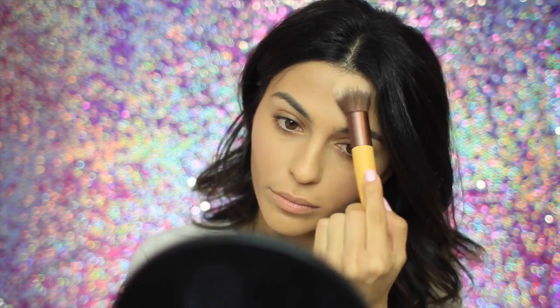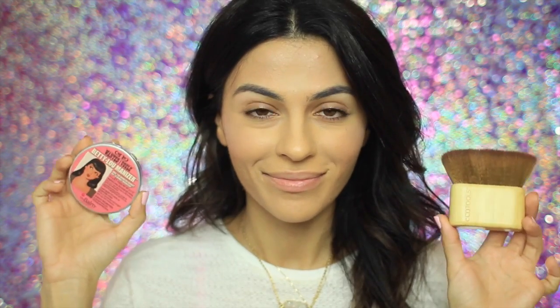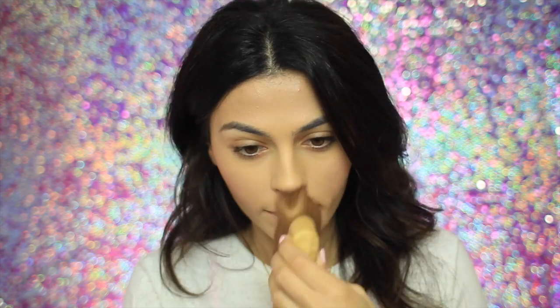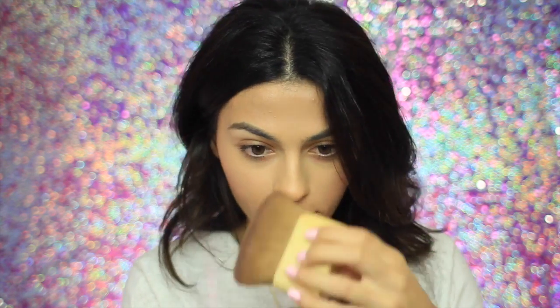And now, even though I'm going for a more icy, pearly highlight for the winter, I still want a touch of that bronzy glow as well. So I'm going to apply my Betty LouManizer, and I'm using one of my favorite brushes, the Face and Body Sculpting Brush, which is the perfect combination with Betty LouManizer because it gives a truly airbrushed look with the microfine powder. This is going to go all over my face and even over the highlighter I just applied